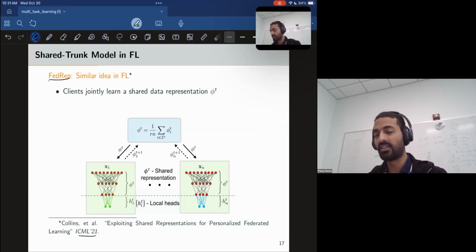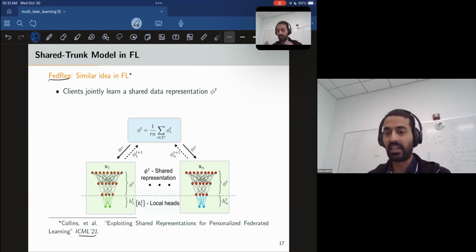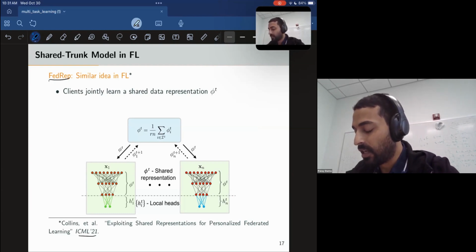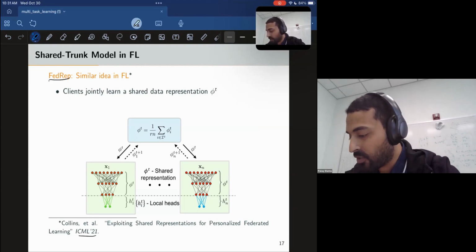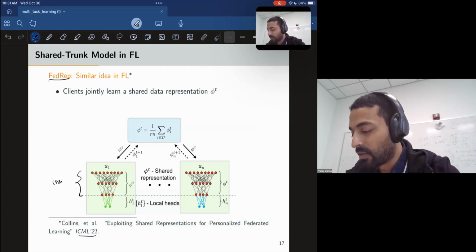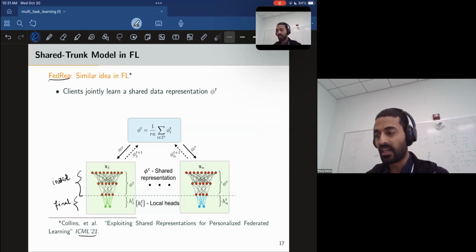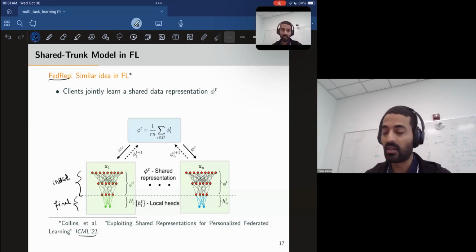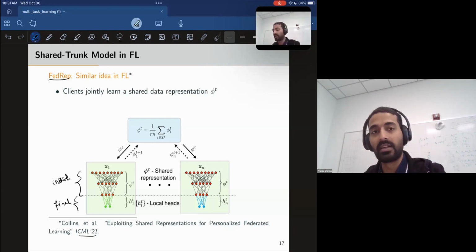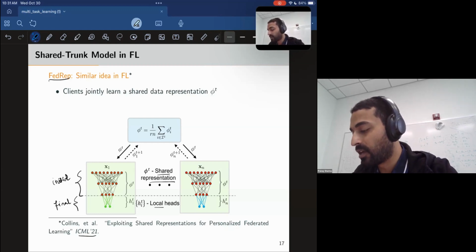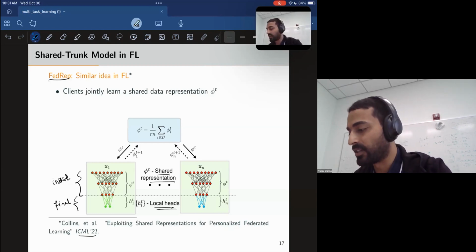So what they did was they assumed that when we train the model across clients, then okay, this might be confusing. So these are the initial layers of the network, and these are the final layers. So they have inverted it in some way. So the idea they came up with was that all the clients will share the initial few layers of their model, but the final layer or the classification layer would be specific to each client, right? So you have shared representation layers and you have local heads or local classifier heads.